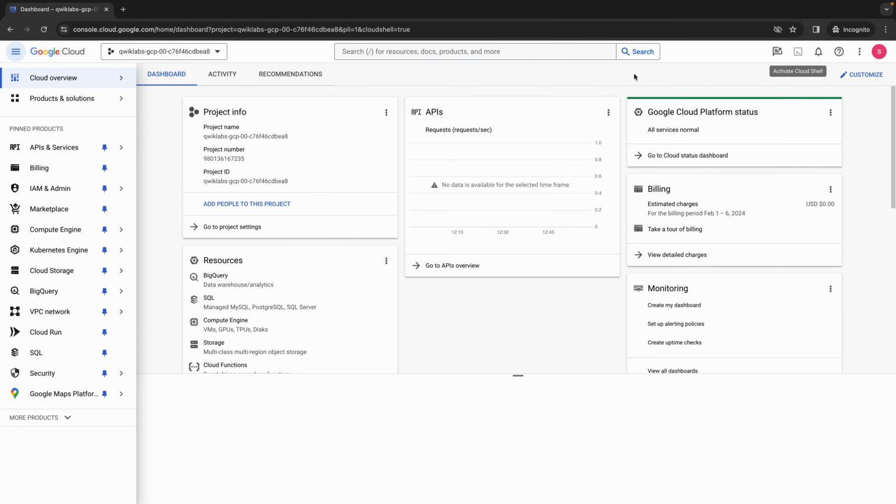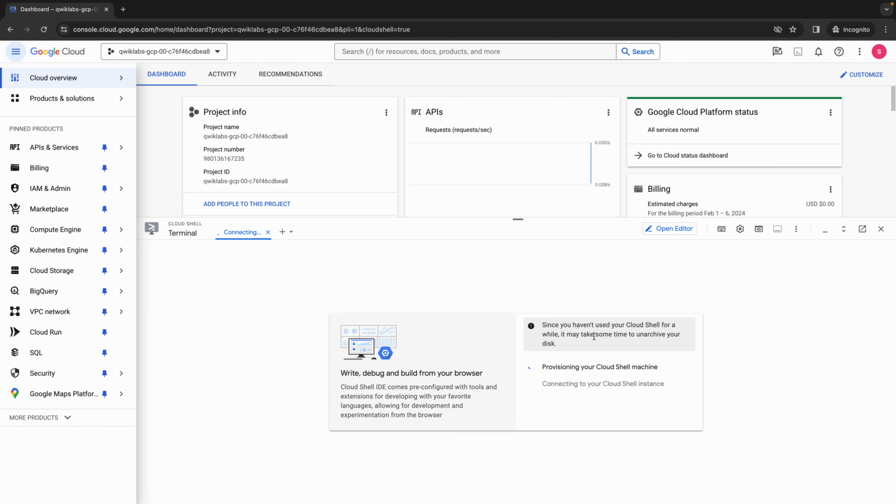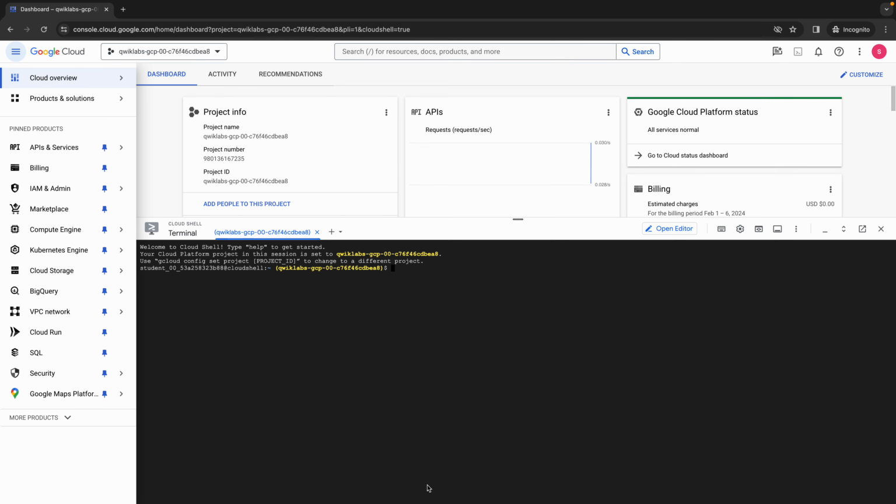So let's go to our Cloud Shell. It's provisioning our Cloud Shell machine, and after that it will connect to our Cloud Shell instance. So it may take a while. I'll just fast forward this and see at the end. Here we are on our virtual machine. So we can just do some little housekeeping on our Cloud Shell. We'll do the gcloud auth list